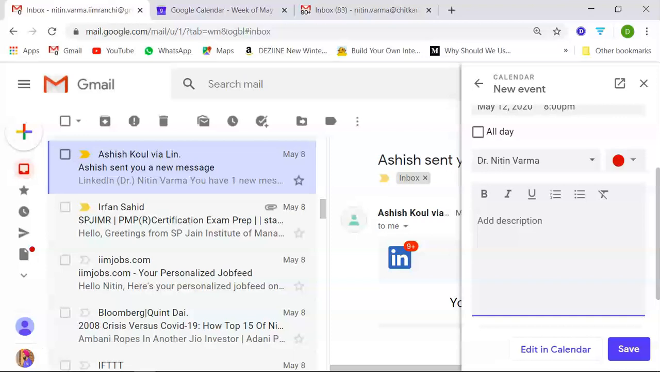Definitely post an agenda for the meeting, because meetings without agenda have been found to be far less productive. So provide a description for the meeting here. I'm just going to keep it very simple. Okay, so this gives everyone a fair idea when they receive this invite what this meeting is going to be